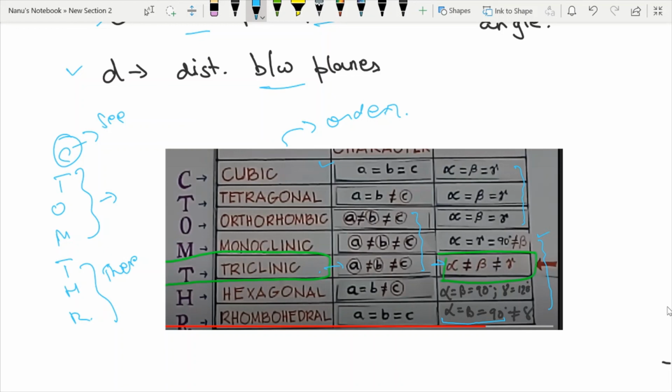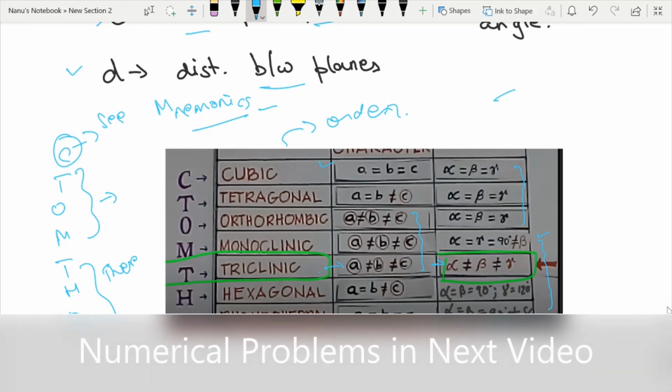Therefore I believe this formula is the best way to remember. It's called a mnemonic, and it's the best way because it is the most symmetrical. Before, I used a different method which was not as good as this one. I believe this is a better method, more symmetrical in nature. With this we have covered all the important sectors for this chapter of solid state, and